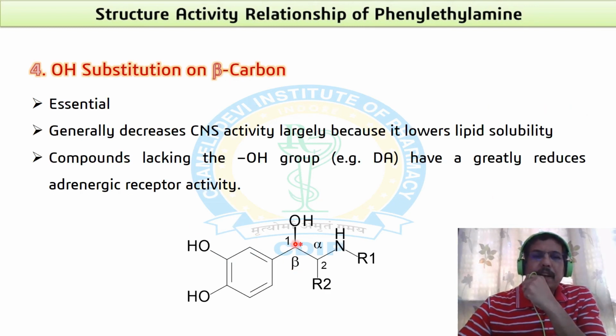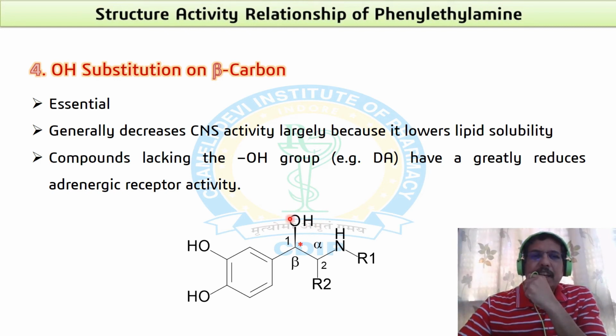Then we look at the hydroxy group. Again, this beta carbon, with respect to the amino acids present here, we started from the synthesis. If you look, we go for decarboxylation, so ultimately phenylethylamine comes into the picture. This hydroxy group is attached to the beta carbon, and this beta carbon has a chirality. So the 1R configuration is favored for activity over the 1S configuration, and this hydroxy group is essential for